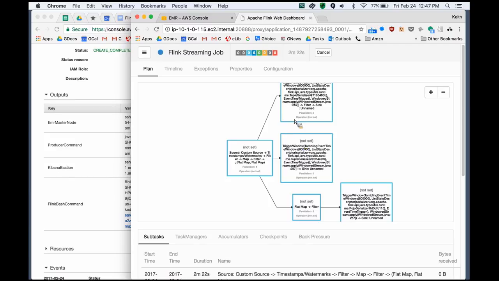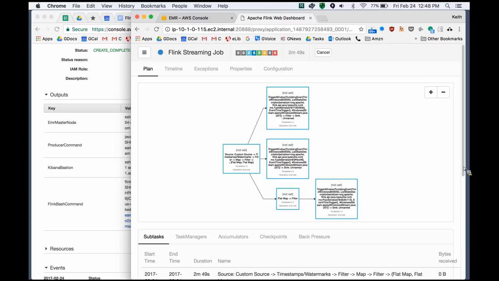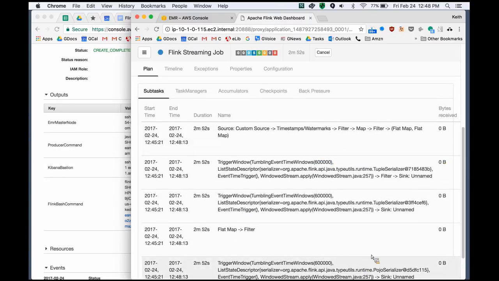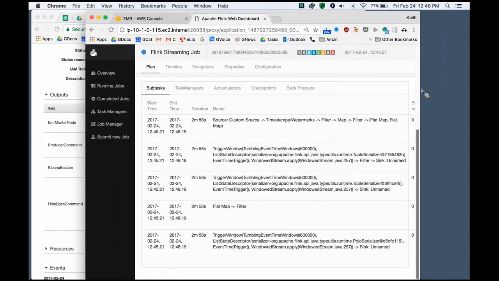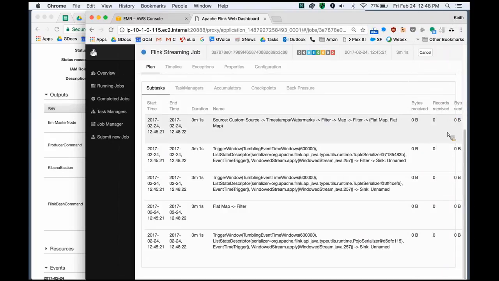Okay, so here's the graph of logic that Flink is operating on. So it's receiving data and then sending it downstream to what will eventually be the three panels that we're going to look at. And so anyways, we're in Flink now, and since it's empty, it's not receiving any records here. Let me shrink this a little bit more. Yeah, so we're not receiving any records yet,